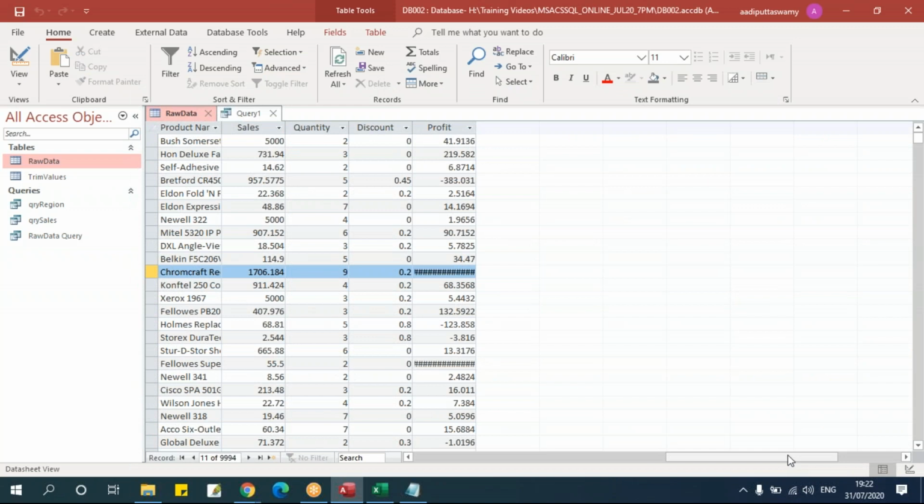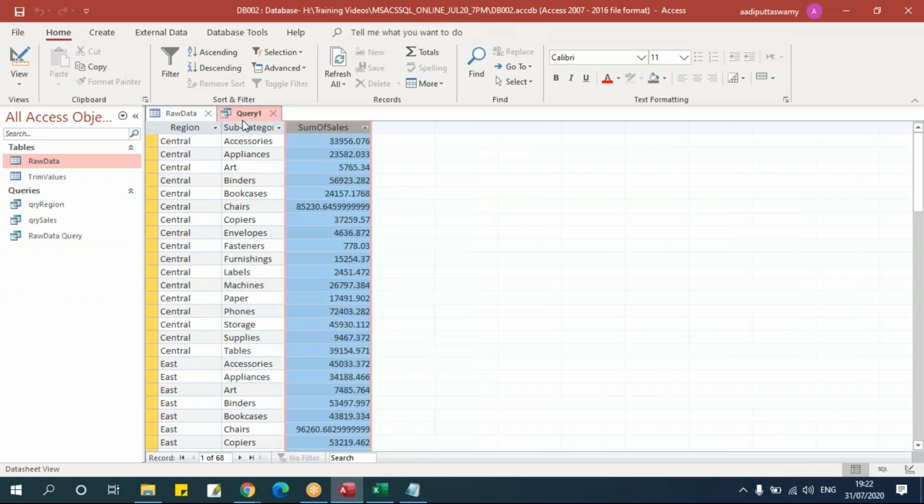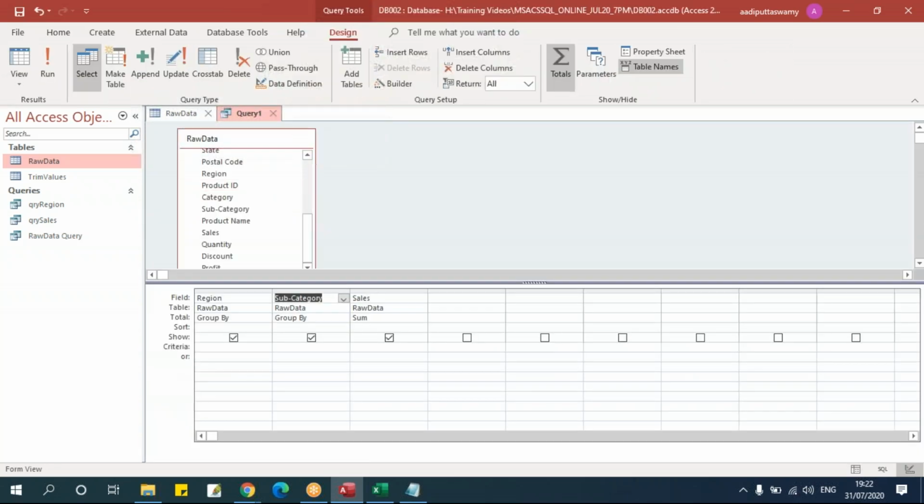That is when I just say select star from, and if I select the sales value, that means it is row level. Now what I'm trying to filter, or put that condition on, is the aggregated column. Now for this, it's a right click, design mode. We have the sales here in the criteria.